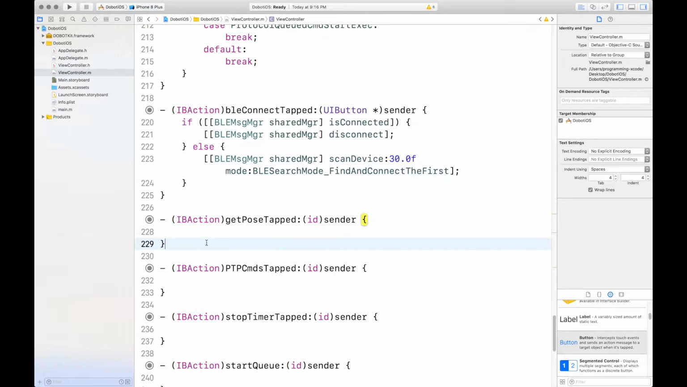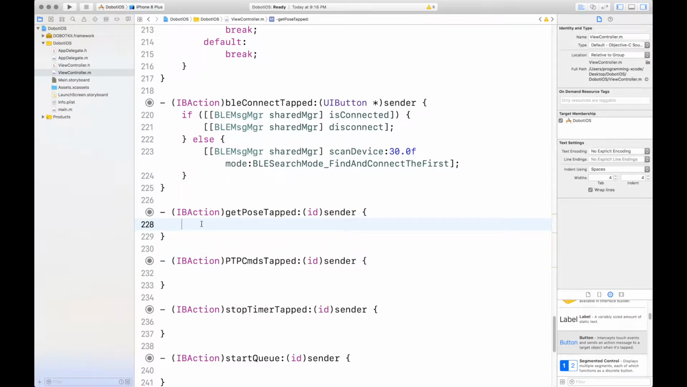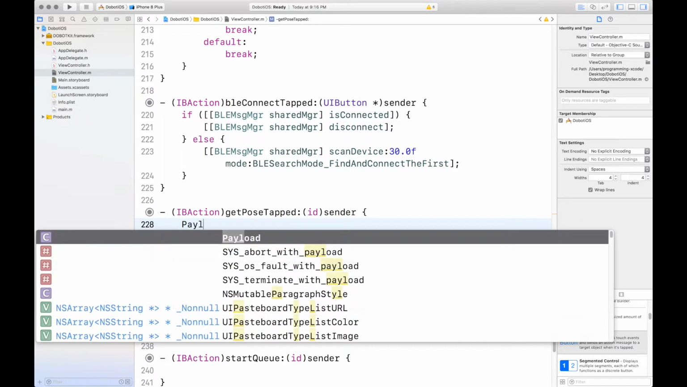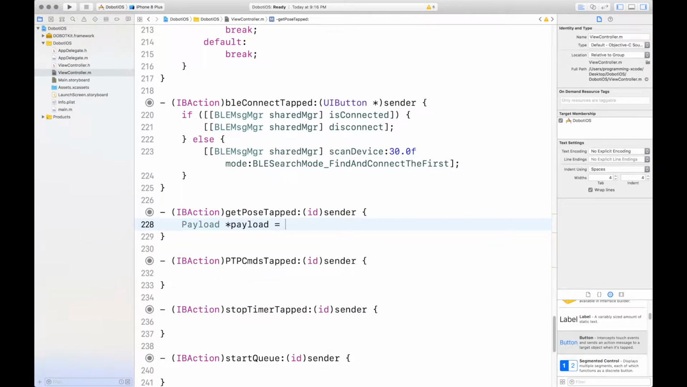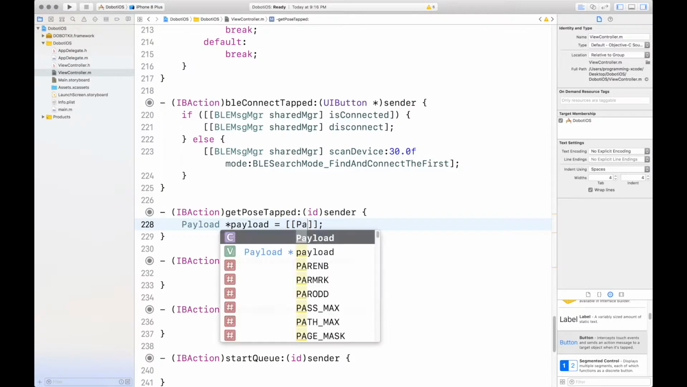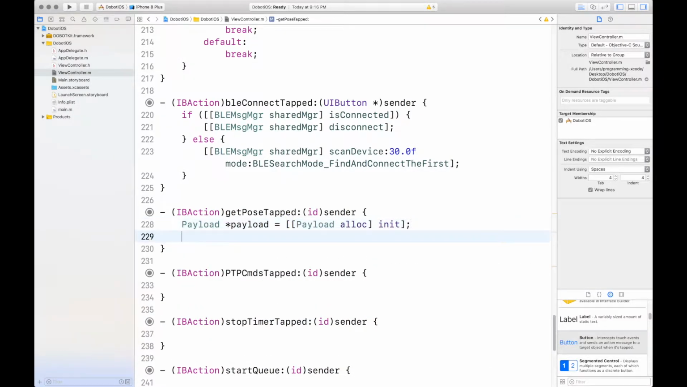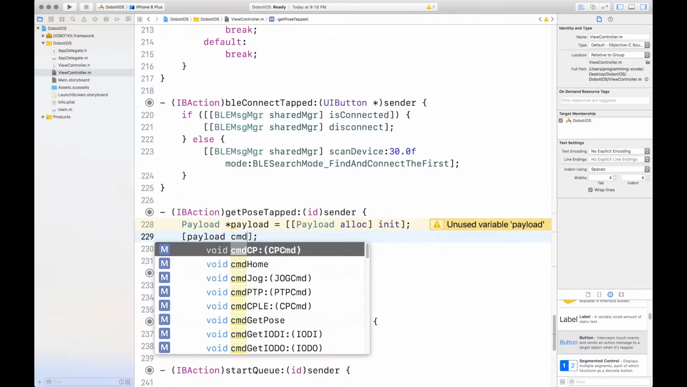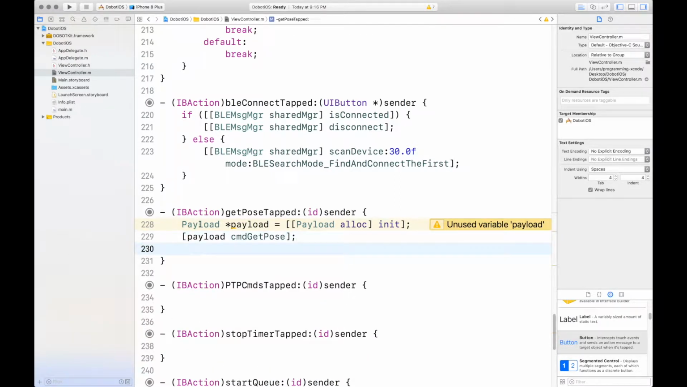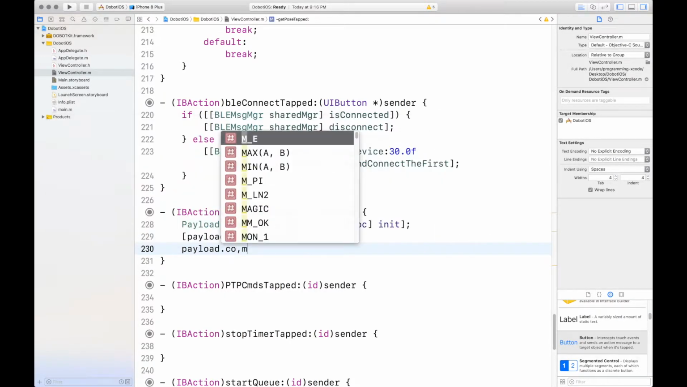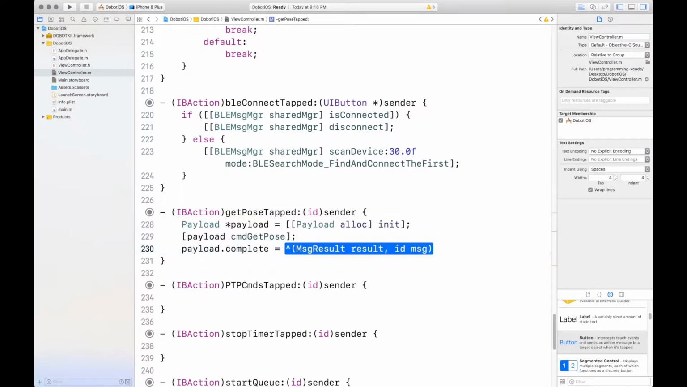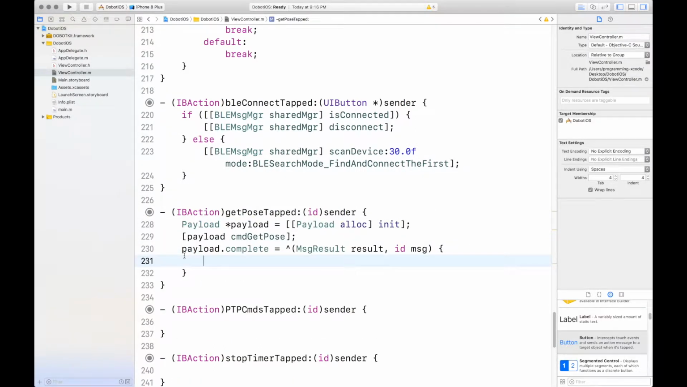Now we want to do the get pose action. First, we want to define our payload equals payload allocate init. Then we want to payload command get pose, which will execute that command. And then we want to do payload dot complete and press enter. And for this code,